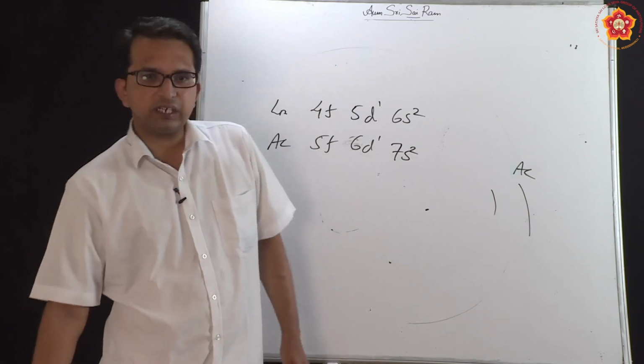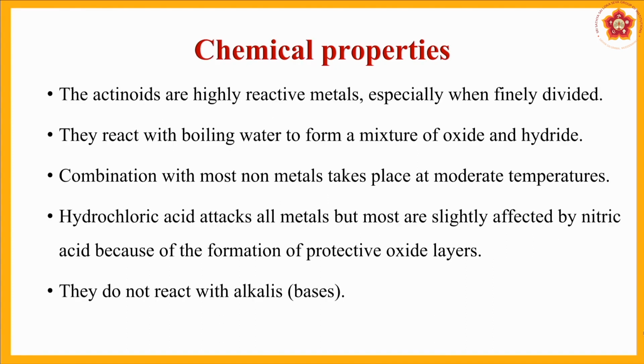So these are certain physical properties that we tend to see in these compounds. Let us now see some chemical properties. Chemical properties will be more or less similar to those of lanthanoids, and these are bound to be a little more reactive because the outermost electron is much farther from the nucleus. Attraction between the nucleus and the outermost electron is less, so naturally they would like to attack other systems. They are highly reactive, they react with water, they react with many non-metals like oxygen, nitrogen and sulfur, all those reactions that we have studied with lanthanoids.